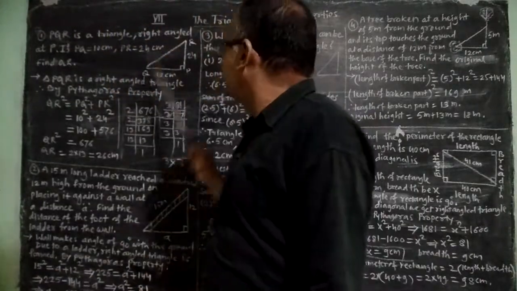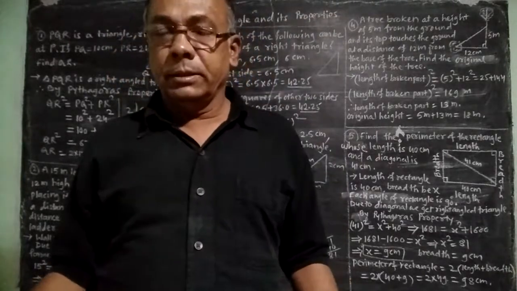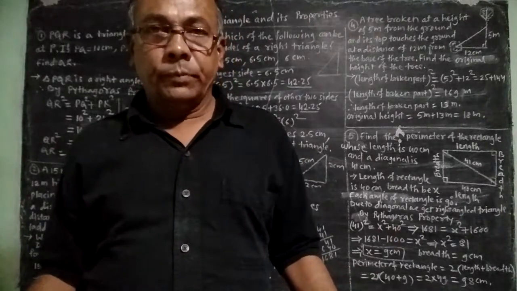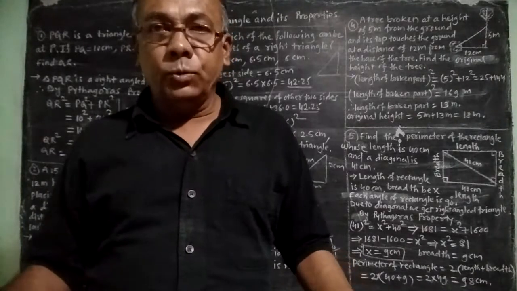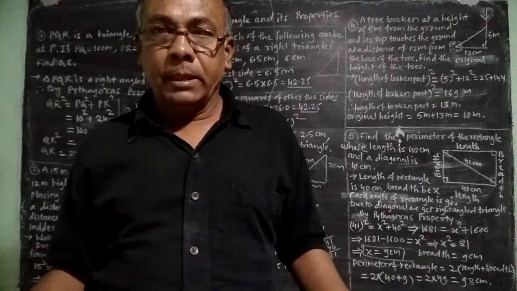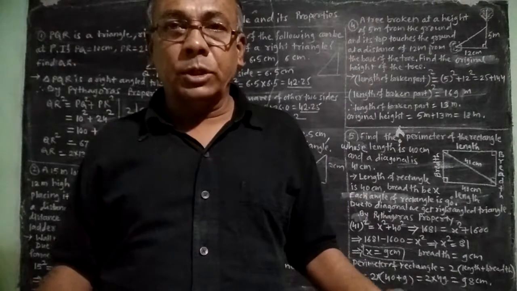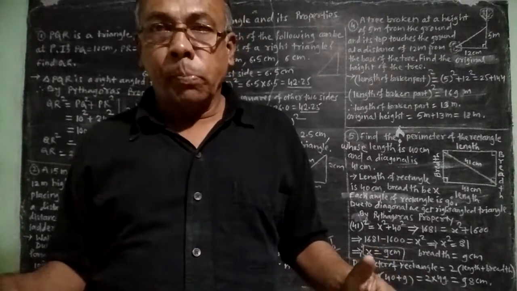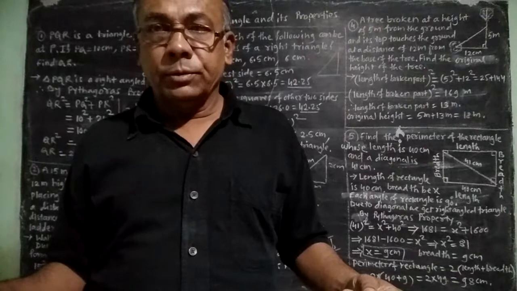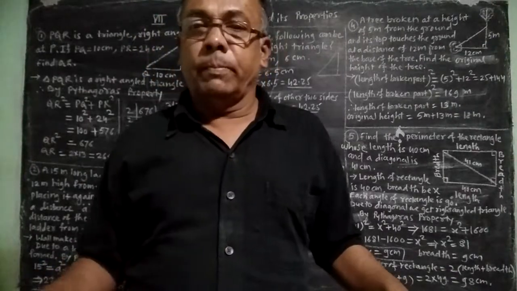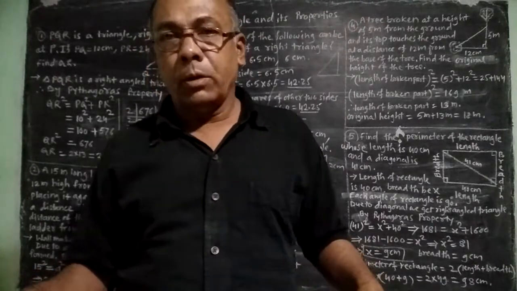In our topic, the triangle and its properties, we have seen about the Pythagoras property, which is only applicable to right angle triangles, and the property states that the square of the hypotenuse is equal to the sum of the squares of the two legs. And now we are going to solve some examples which are based on the Pythagoras property.